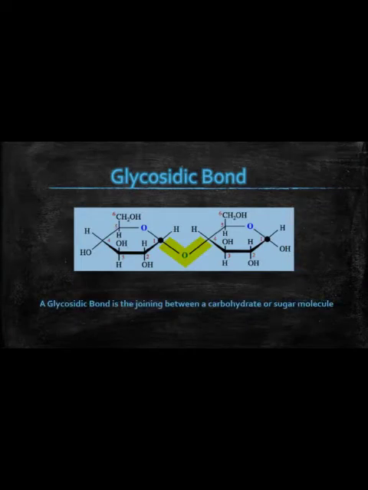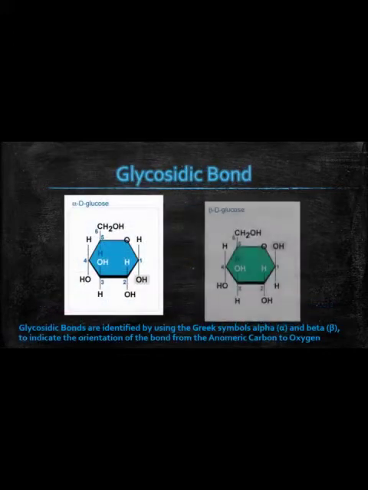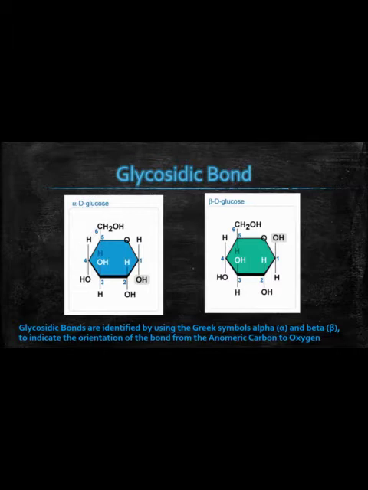A glycosidic bond is the joining between carbohydrate or sugar molecules. Glycosidic bonds are identified by using the Greek symbols alpha or beta. Let's start with first looking at a single alpha-D glucose molecule. Notice the position of the hydroxyl group written as OH. We immediately know this is an alpha-D glucose molecule because the hydroxyl group, OH, is located in the downward position